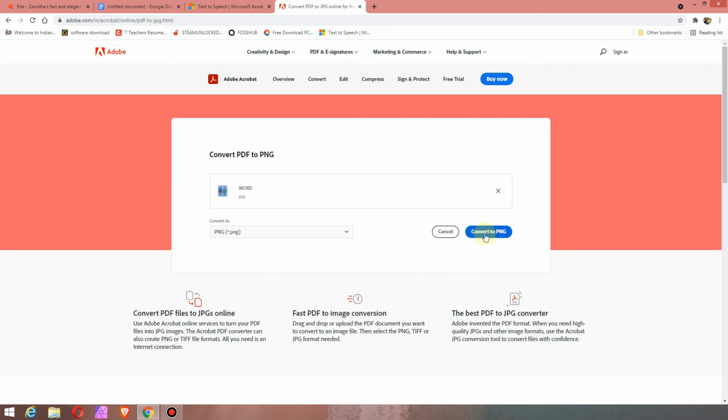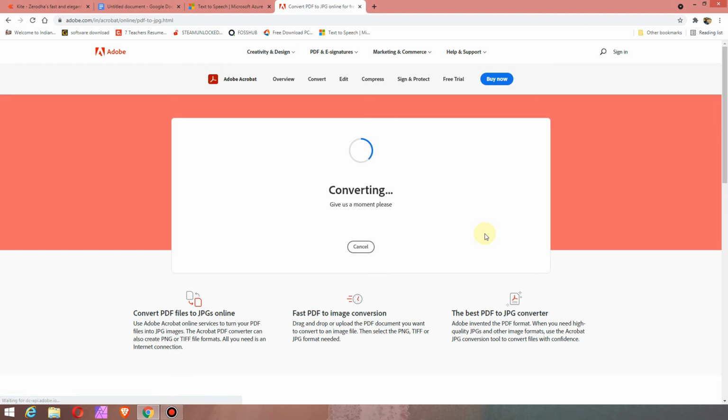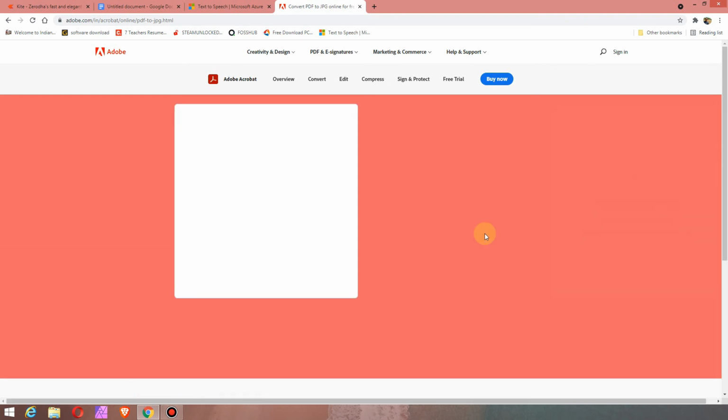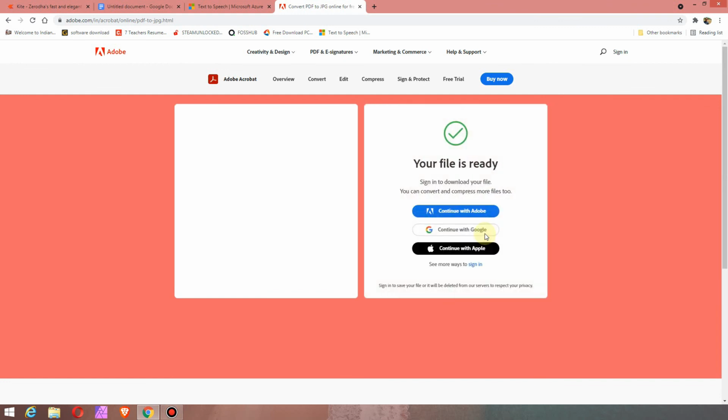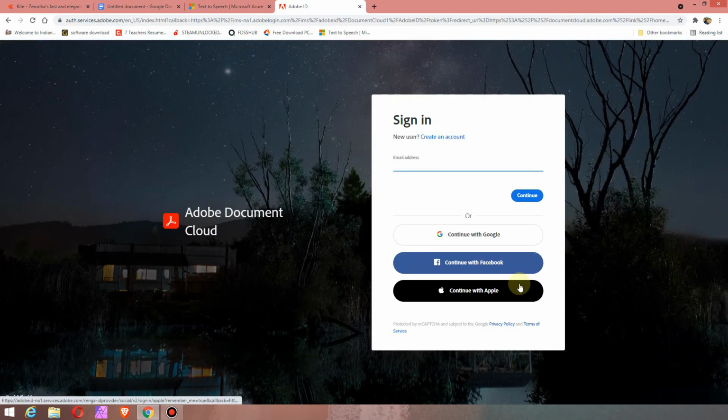Now click on Convert button. Log into the website using any ID of your choice. I am logging in with my Facebook ID.